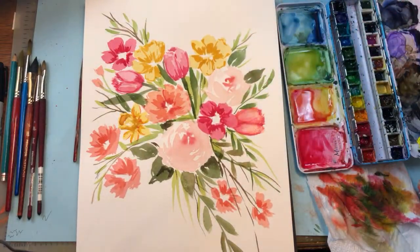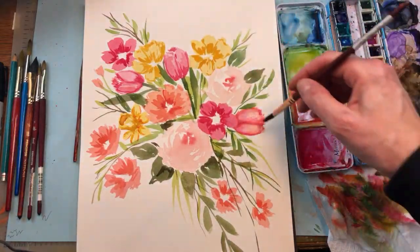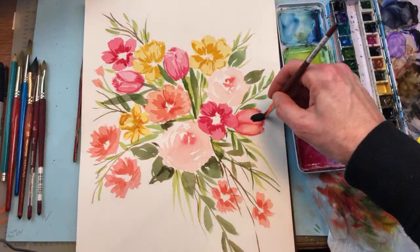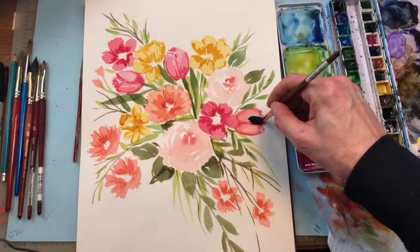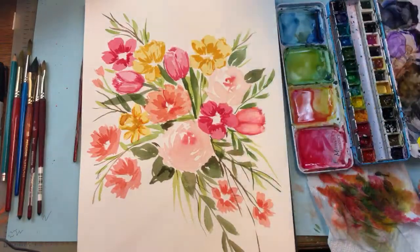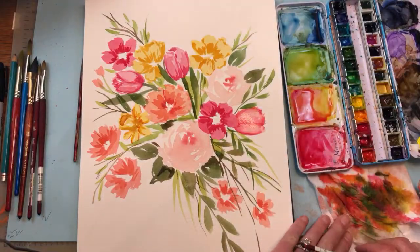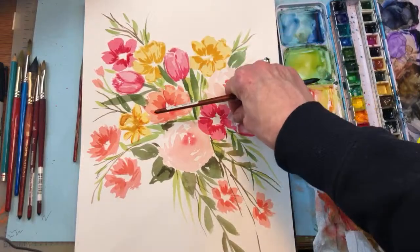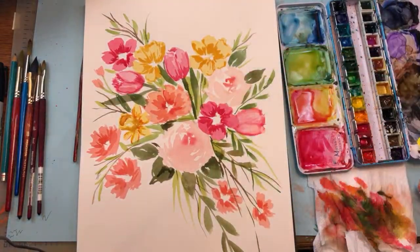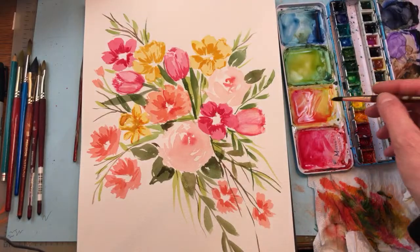So I've got clean water on my brush, and I'm mopping up this color because I'm like, wait a minute, that's too pink next to a pink. That's not going to work. So I'm mopping it up. It's getting lighter, as you can see. I'm getting even lazier. Just go in and take that paper towel, push down on it, and take it up too. And then I can go back and take this paint, yellow,